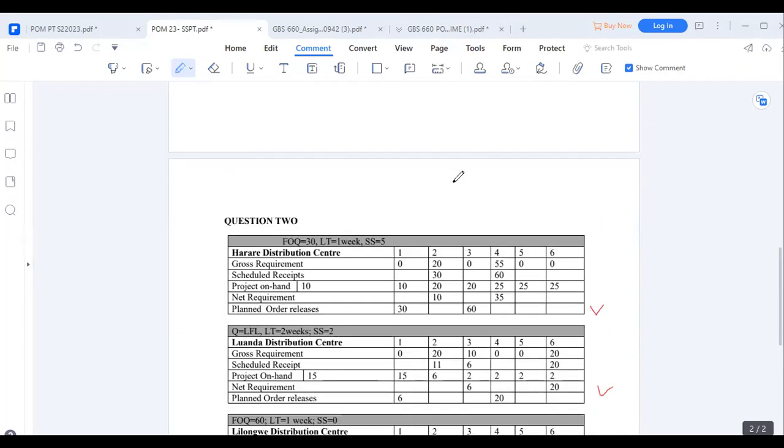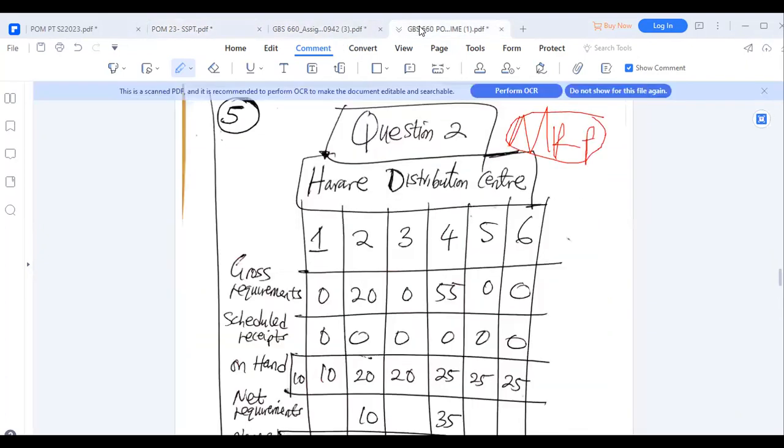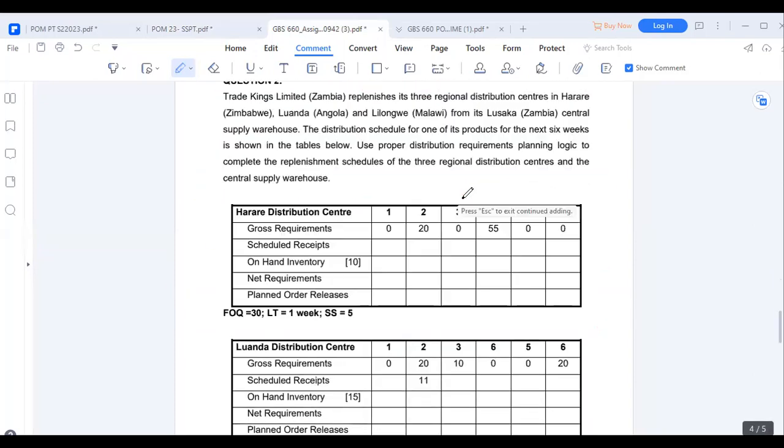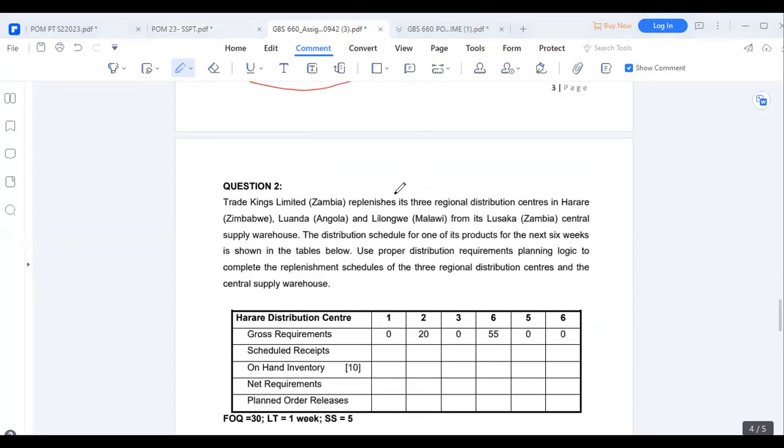Now here we can look at the MRP one. So for MRP, the question here is talking about how Third King Zambia replenishes its 3 regional distribution centers in Harare, Zimbabwe, Rwanda, and Longwe from the Lusaka Central Supply Warehouse. The distribution schedule for one of these products for the next 6 weeks is shown in the table. Use proper distribution and requirements planning logic to complete the replenishment schedules of the 3 regional centers and